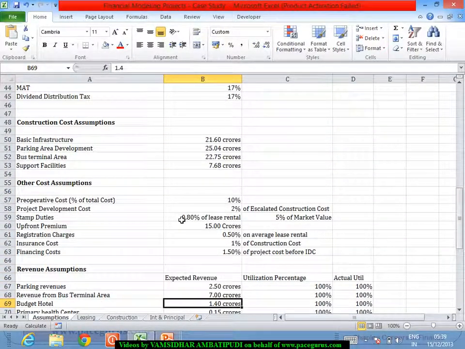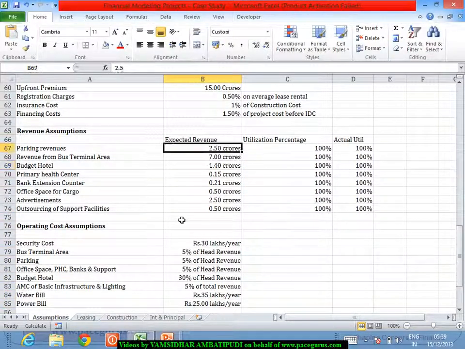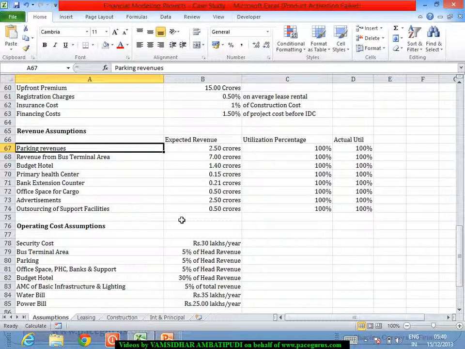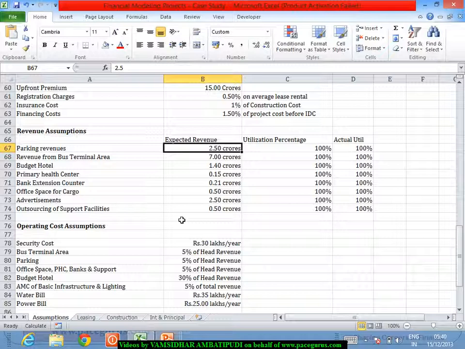If I look at here, parking revenues 2.5 crores at the current utilization levels. But of course, what we are saying is, if the utilization level is something more or something less, we should either increase or decrease the revenue. But whatever it is, the parking revenue we are saying at around 2.5 crores, but arriving at that number itself could have been a big exercise,